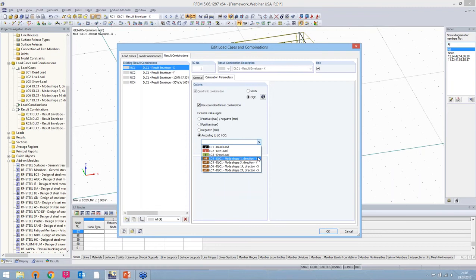From this mode shape, the signs will be used, these signs will be taken then for the result at the end. So normally you have here to choose a dominant mode or eigenmode,